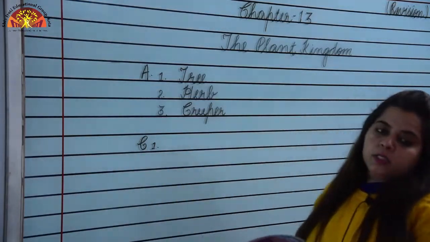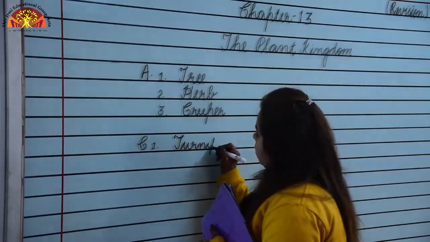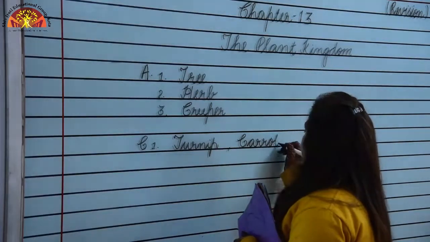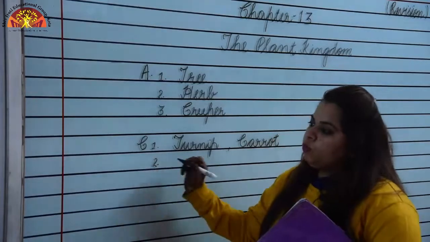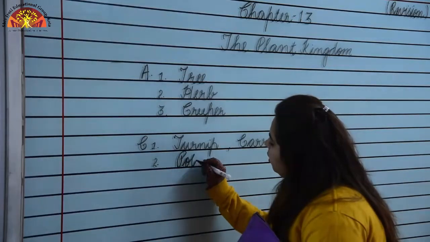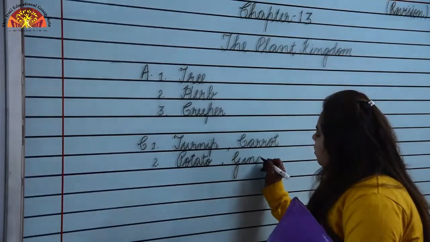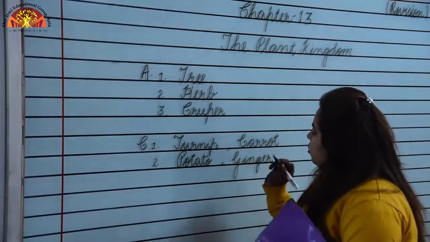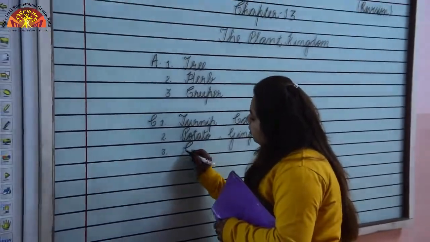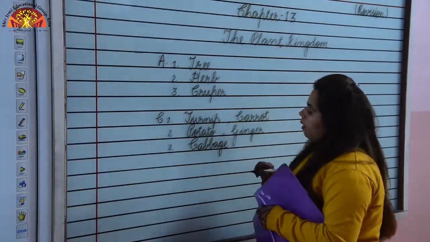Now, question C children. First, roots that we eat. Turnip, T-U-R-N-I-P, turnip. Carrot, C-A-R-R-O-T, carrot. Number 2, stems that we eat. Potato and ginger. P-O-T-A-T-O, potato. G-I-N-G-E-R, ginger. Number 3, leaves. Cabbage, C-A-B-B-A-G-E, cabbage, and mint,